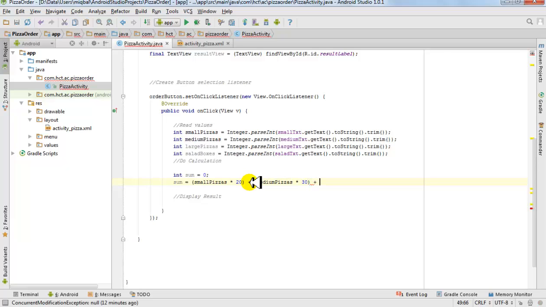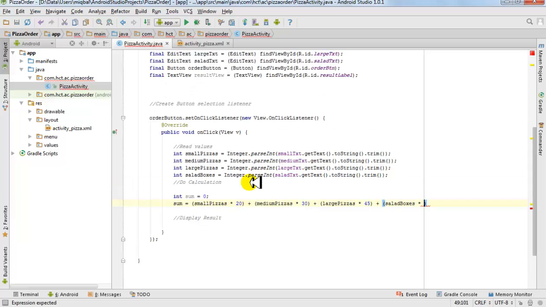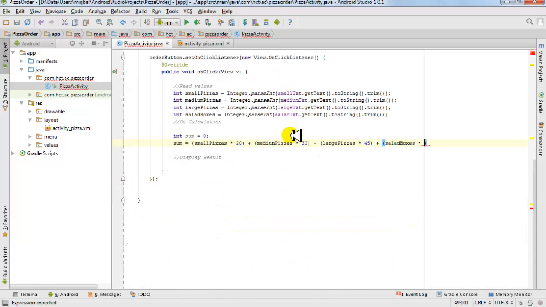And then again large pizzas into 45 dirhams plus, I'll say salad boxes into how much is it? 20 dirhams. So I've got the total now,